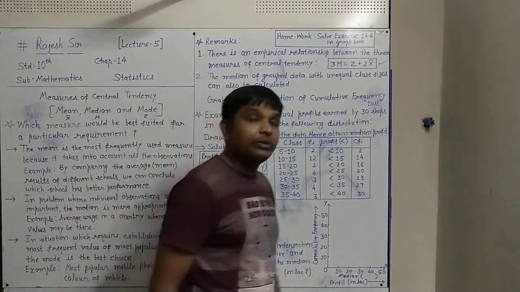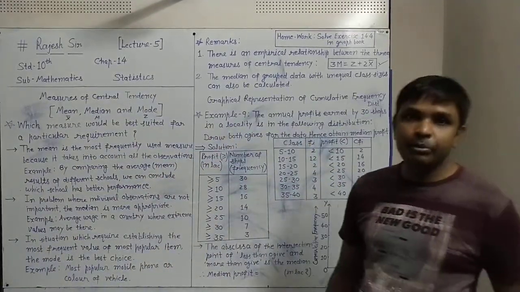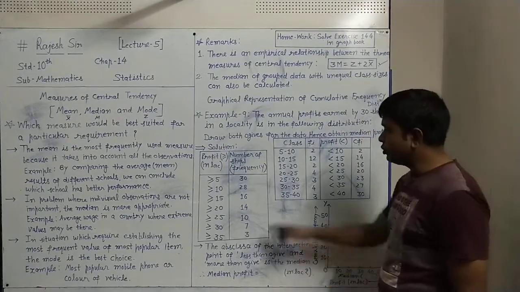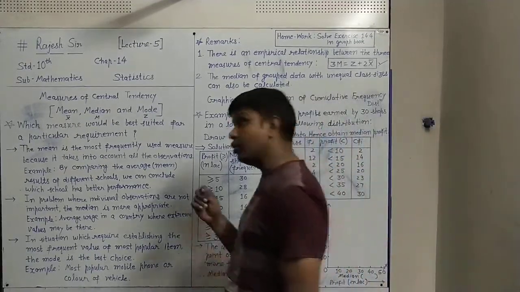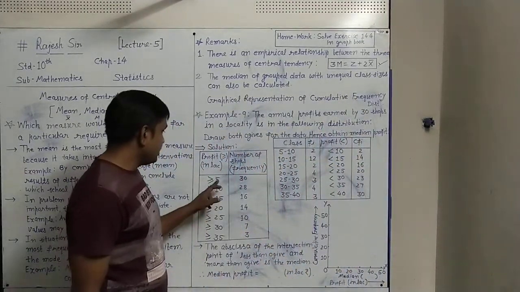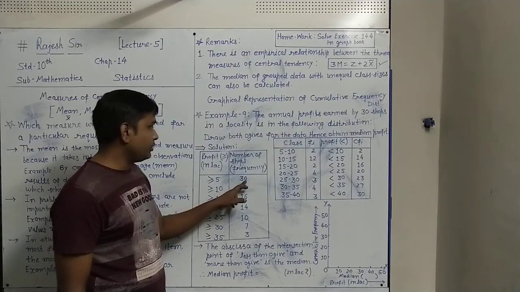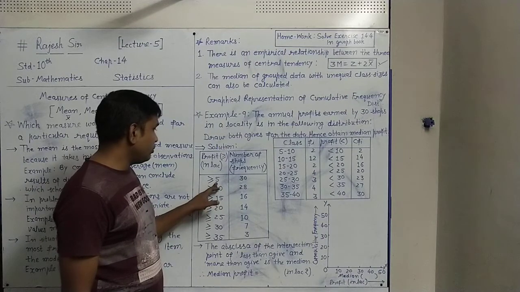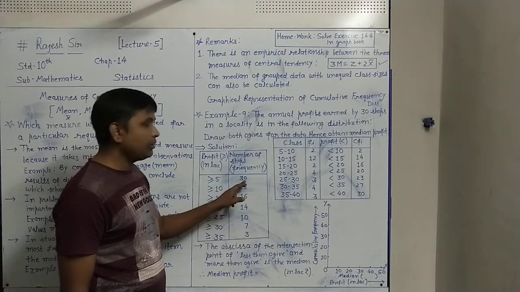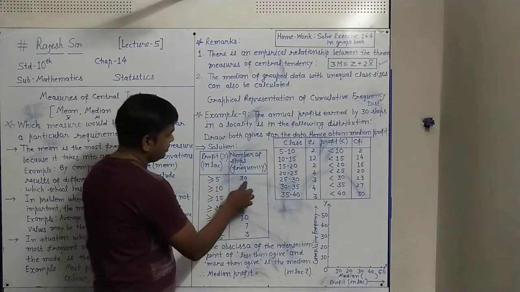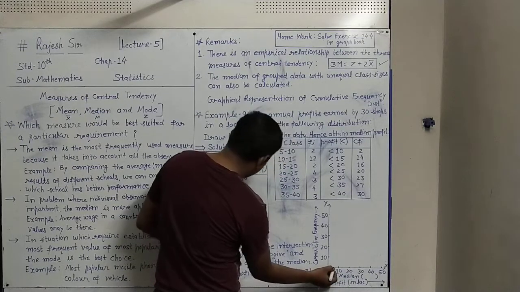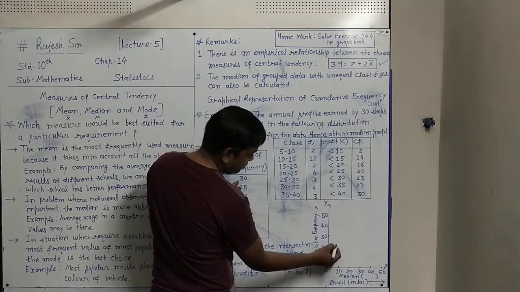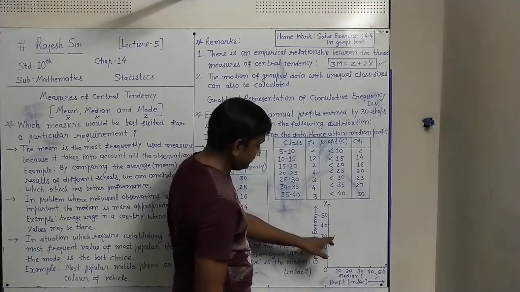So on the x-axis we will show the more than or less than type of value, and on the y-axis we will show their cumulative frequency. So this is more than type. First we will draw the more than type. How to draw? That's simple. Here we have more than 5 and its cumulative frequency is 30. This value we take on the x-axis and this value on the y-axis. So on 5, 30. 5 means between 0 and 10, and 30 is the cumulative frequency, so the height will be up to 30. So this point shows 5, 30.